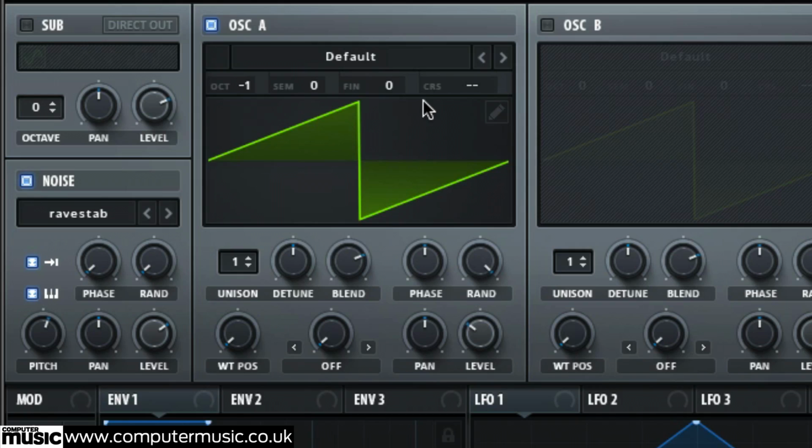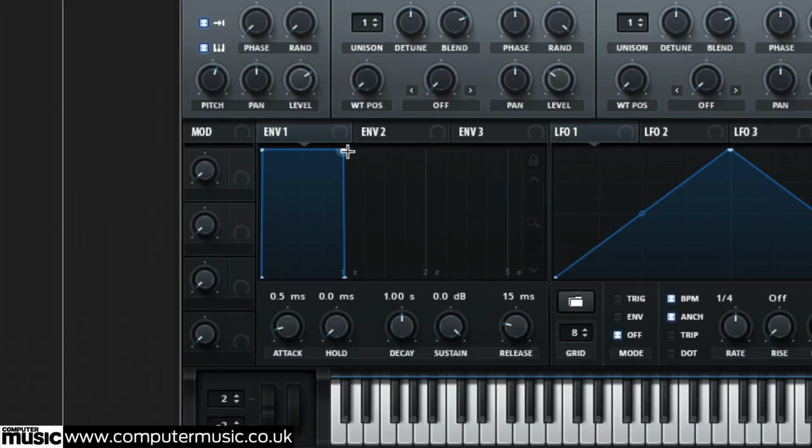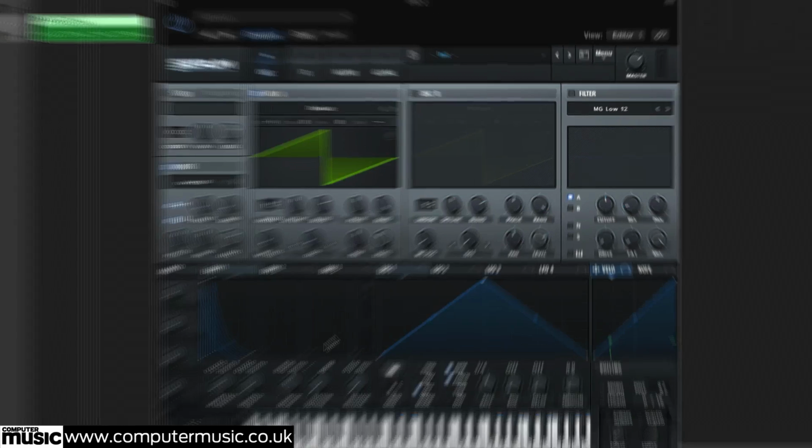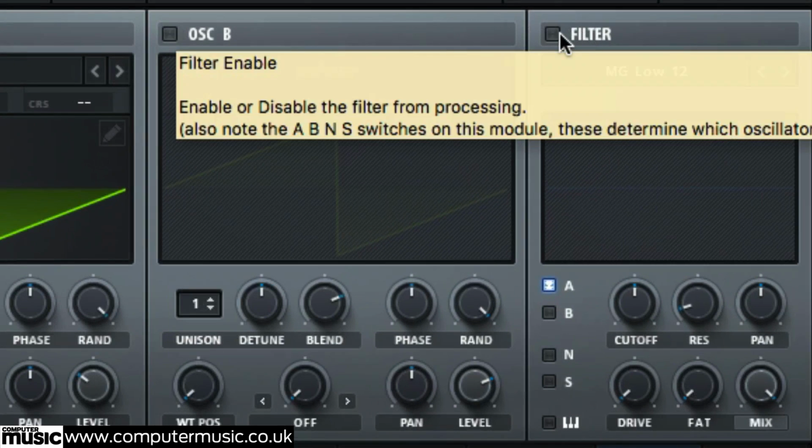And as you can hear, there's no envelope applied to the oscillator, so it doesn't really sound like it's part of the rave stab at the moment. So firstly, using our amplitude envelope here, we can pull those parts together, and then we'll just turn on the filter and roll off the high end